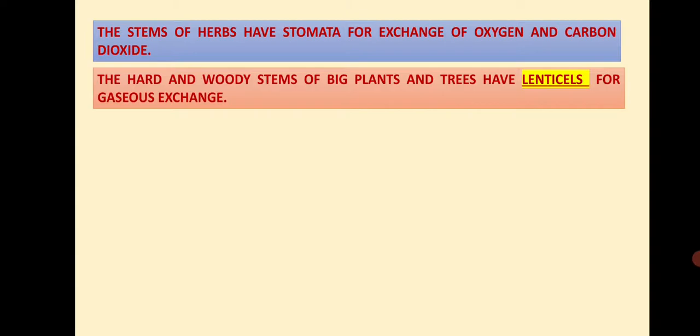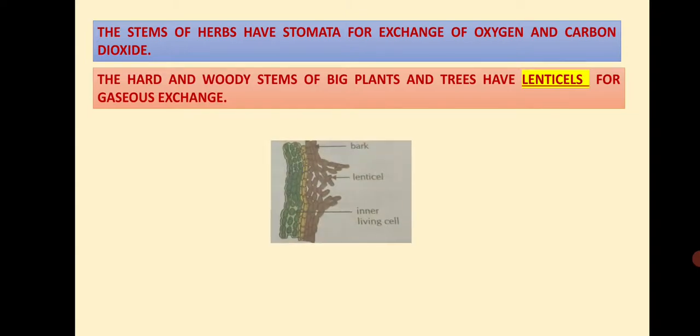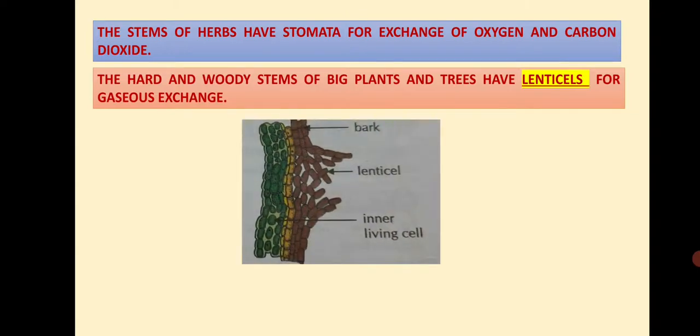Clear? For gaseous exchange, how do they help? So first you should know what lenticels are. A lenticel is a tiny opening on the bark where the cells are loosely packed and have intercellular spaces allowing the